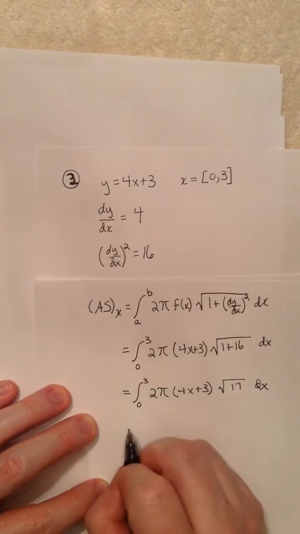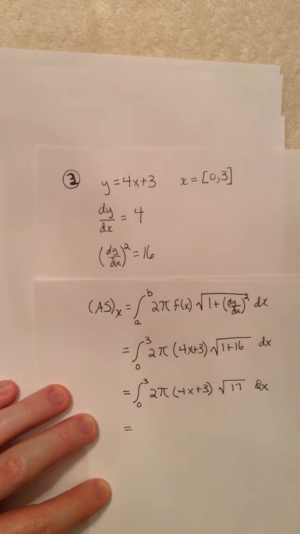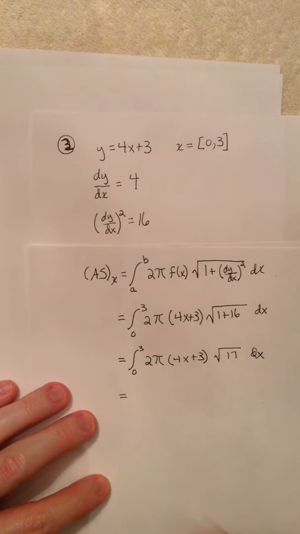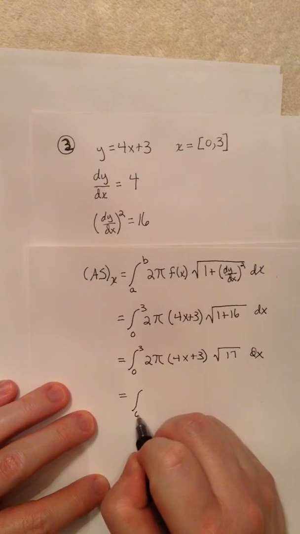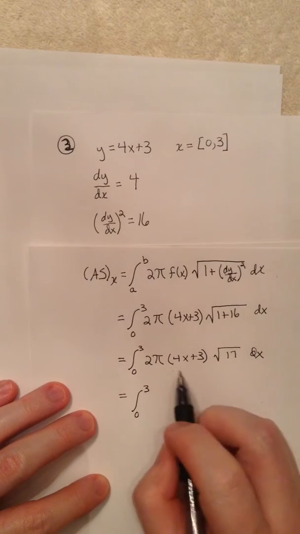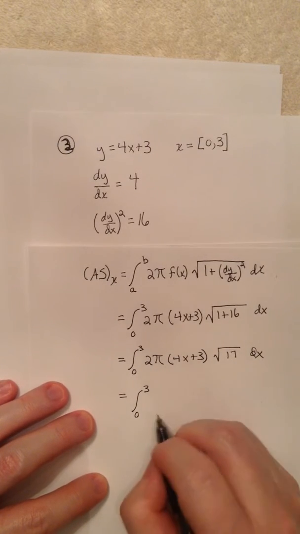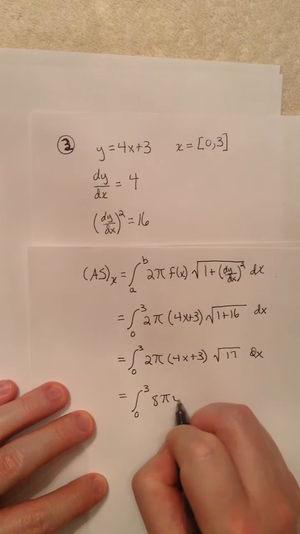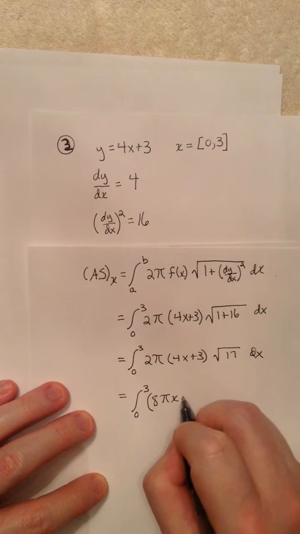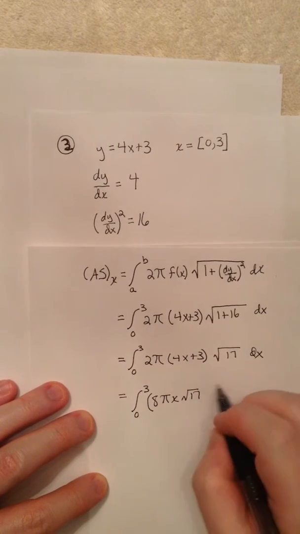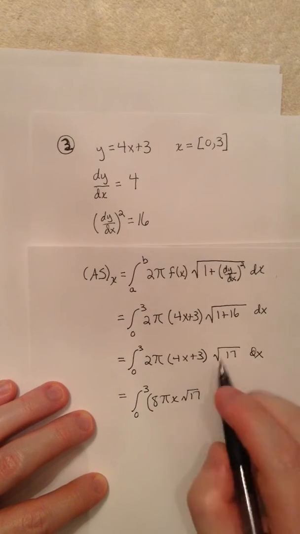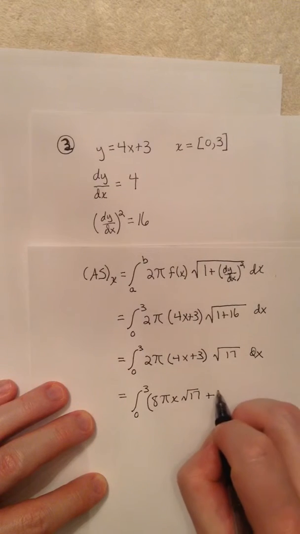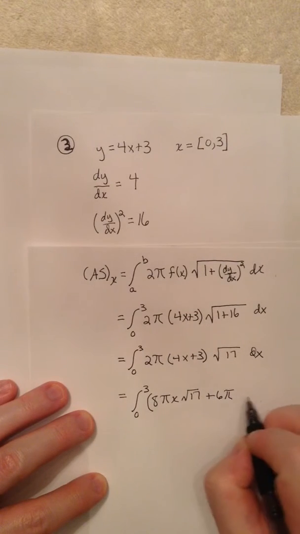And if we look at distributing, we can rewrite what we have in the expression. So for the first term we're going to end up with 8 pi x times the square root of 17, and the next term we have 2 pi times 3 times the square root of 17, which will be 6 pi times the square root of 17